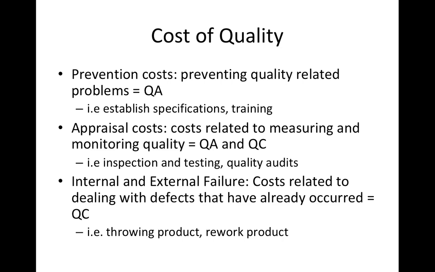The next thing is the money, right? It's going to cost you a lot of money to correct any sort of failure on your part, right? Now, especially because we're talking about biosciences and biotech, these are things that could potentially harm a person and potentially kill them. Who do you think they're going to sue after they find out it came from your company, right? This can cost you big money, especially in the lost revenue from customers going to other places, right? So it's better to spend the money on your prevention costs, appraisal costs,